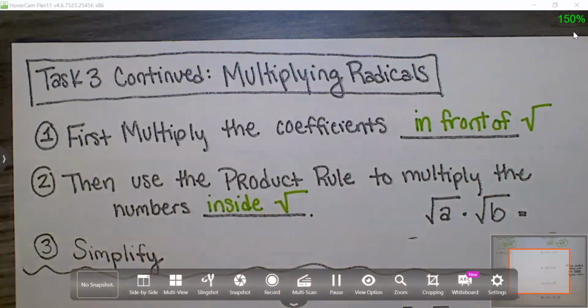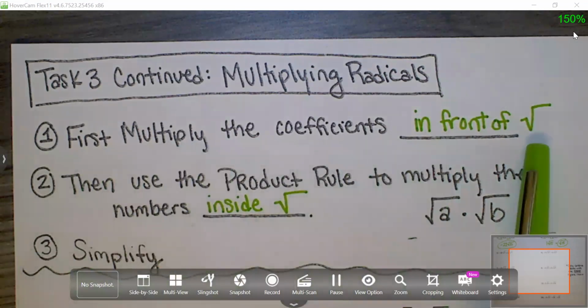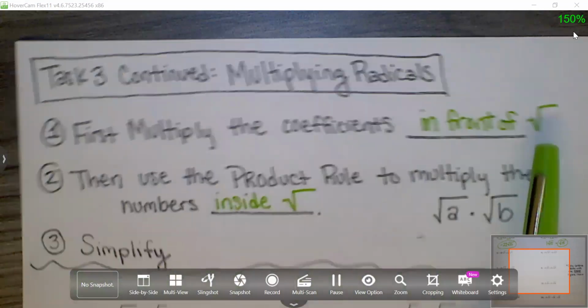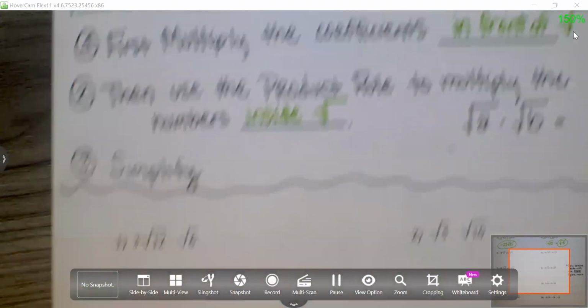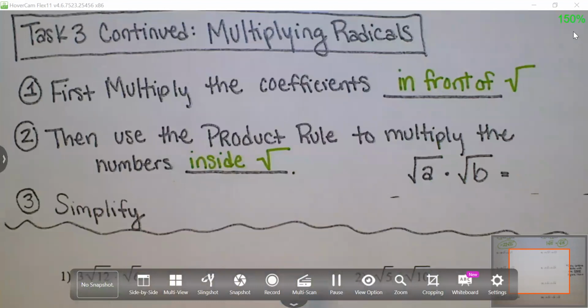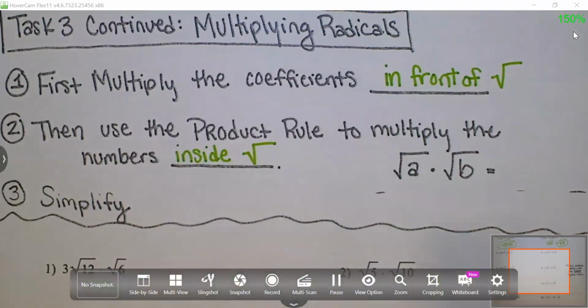And now continuing on to the back side, we're going to start multiplying. A couple rules and steps for multiplying. We're going to multiply those coefficients that are in front of the square root symbol. So if there's a number in front, I would always multiply any numbers that are in front first. And then I'm going to use this product rule to multiply my numbers inside the square root symbol, meaning if